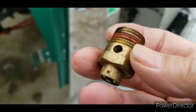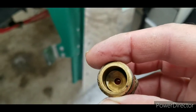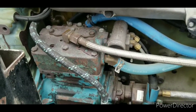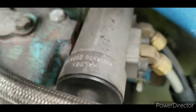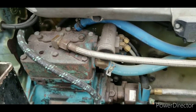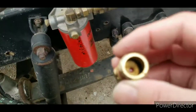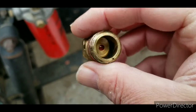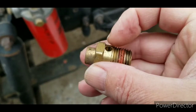All right, friends and neighbors. Here's an unloader valve. What it does is when your air compressor builds up enough pressure, whatever you have it regulated at by the governor right there, when it gets up to 120, I like to run about 125 pounds air pressure, and then when it goes over that, either your unloader valve here pops open and releases the excess air out of there,